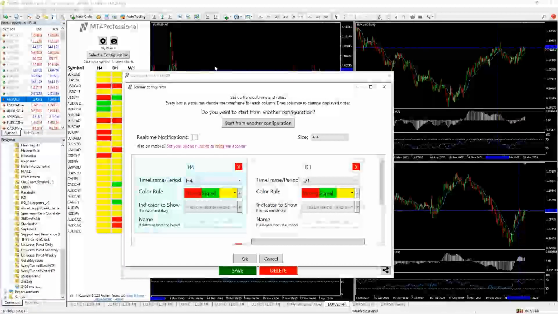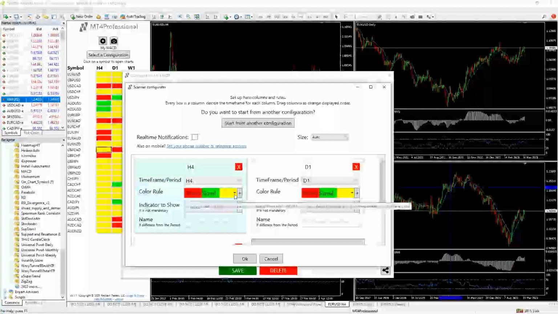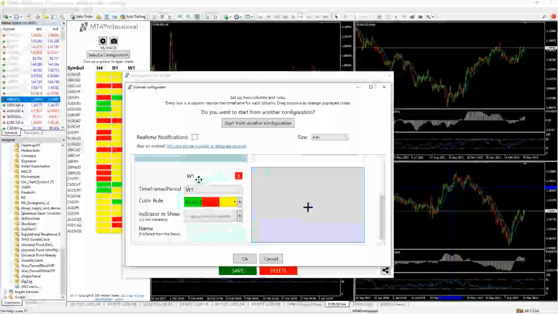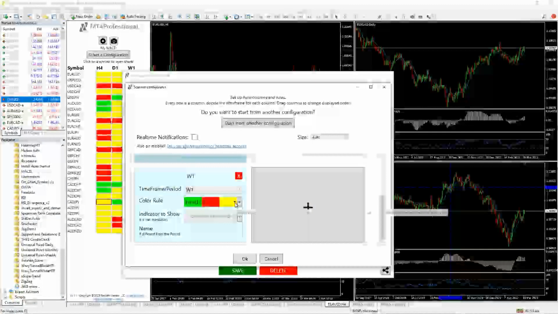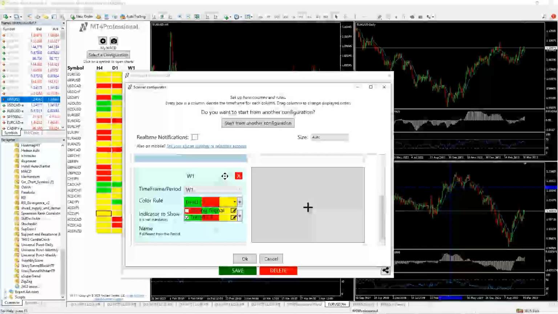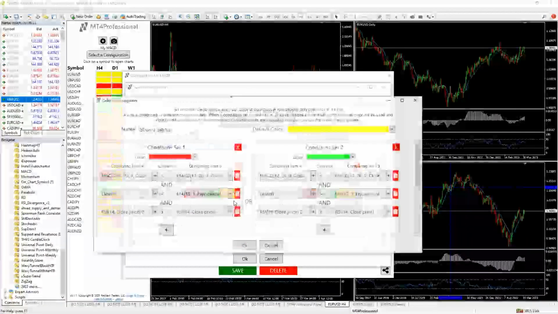Looking at the 4-hour, and that's this first one, here's the daily and the weekly, you can see the 4-hour has access to 2 different color rules. These are rules which cause the output of the cell to be colored. I'm only using the strong signal color rule. The trend color rule is reserved for the weekly chart, where I only have it turned on relative to the strong signal.